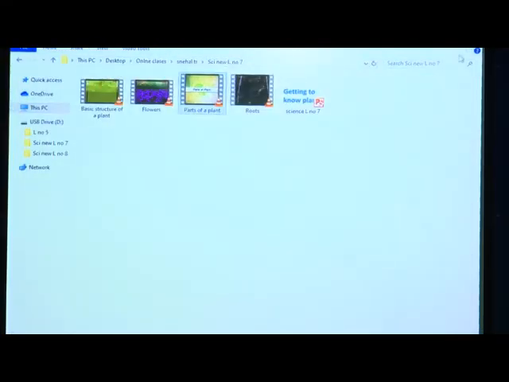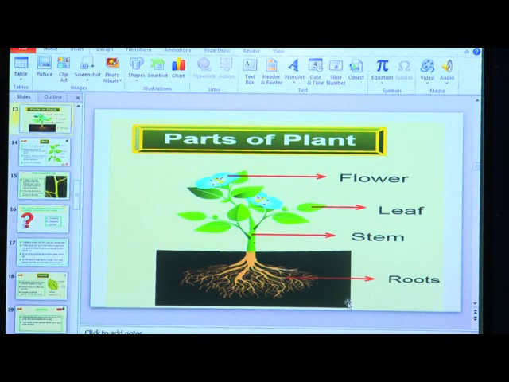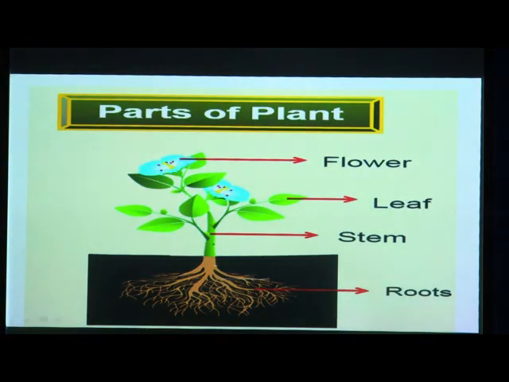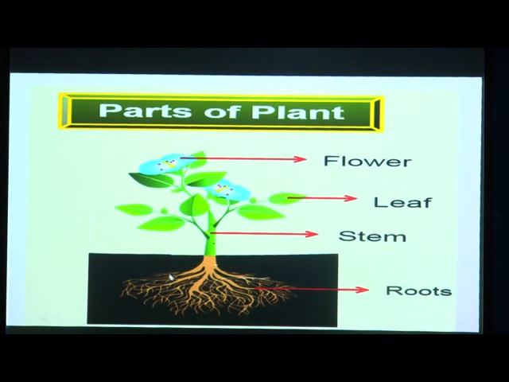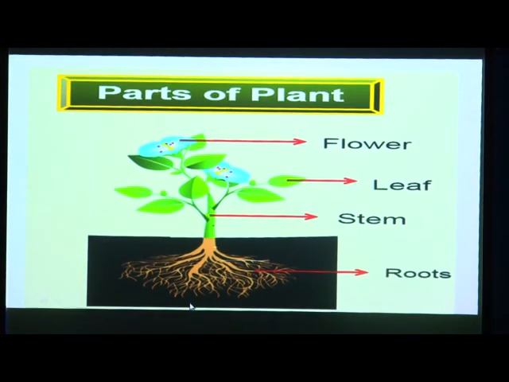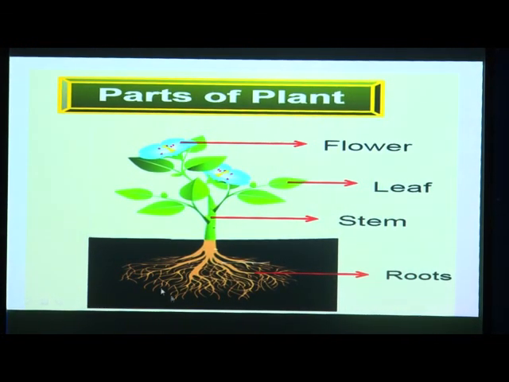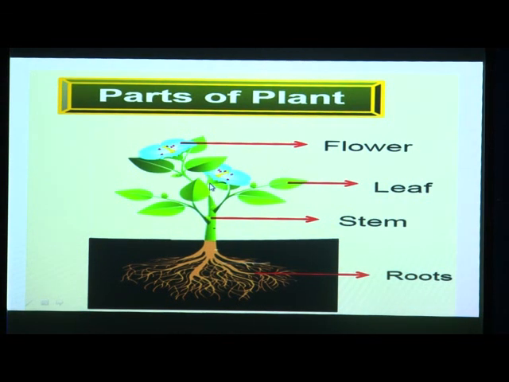So, now we have seen a video regarding the parts of a plant. We will see in detail about the parts of a plant. You can see the part which is below the ground and which we cannot see is called the root, and the part which is above the ground and which we can see is called the shoot. So, the colorful part of the plant is called the flower.